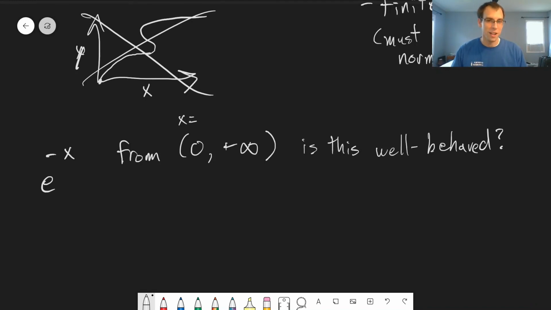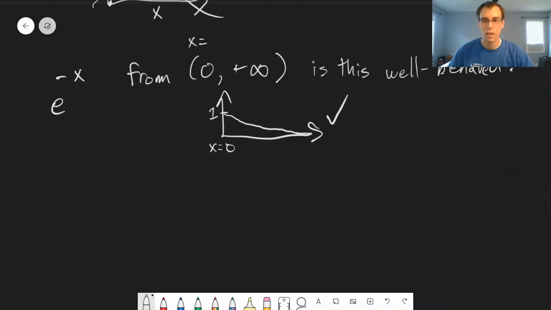So hopefully you've paused, thought about this, and come back. This is a well-behaved wave function because if we plot this, e to the 0 is 1, and anything larger than x equals 0 will give something even smaller than 1, and it'll decrease exponentially, by definition. So this one is a well-behaved wave function. It's finite, single-valued, and it is continuous. There's no point where we can't take a derivative along here.